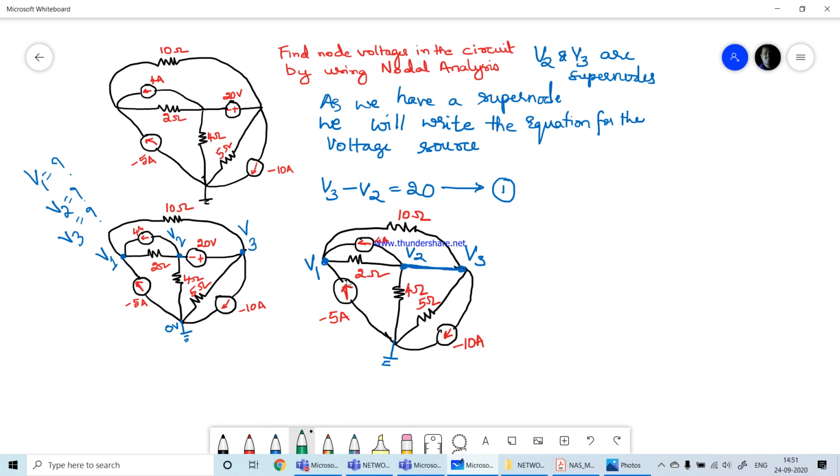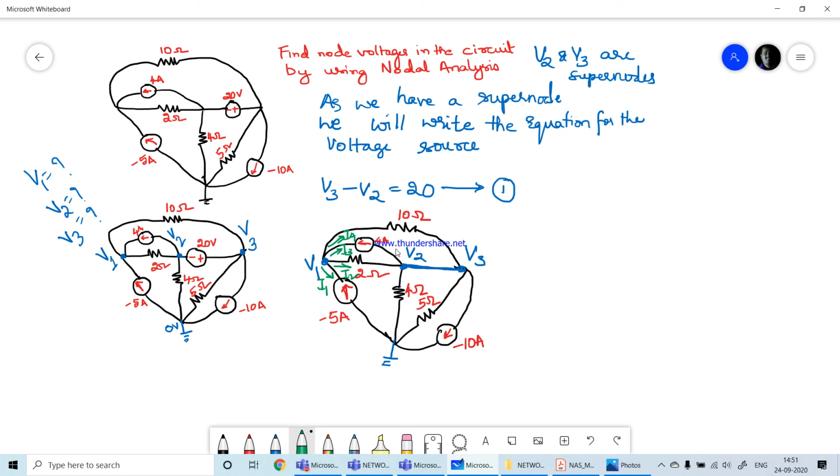Okay. So here we'll mark all currents now. So this has 4 branches. So all 4 currents are leaving from V1. Okay, we have 4 branches which are connected to V1. I will mark this as current I1. This is I2, I3, and this is I4. Because we have 4 branches, 4 currents are leaving.